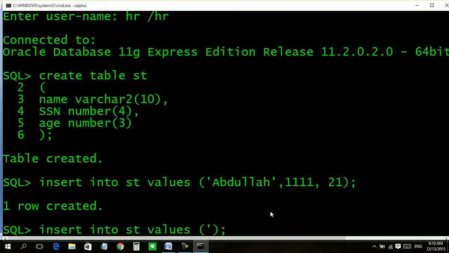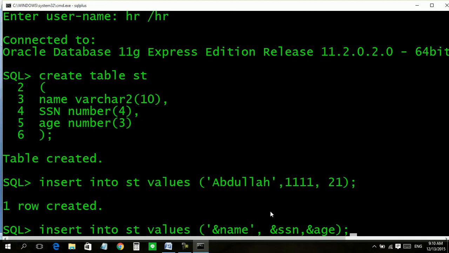So we will use quotation marks with an ampersand and the name of the column, name. Then again an ampersand and the column name SSN, then an ampersand and the column name age.